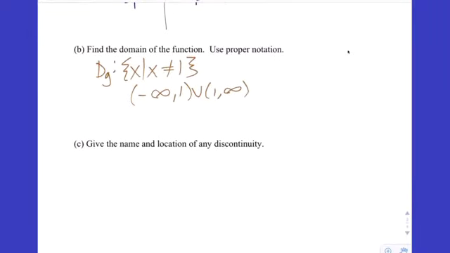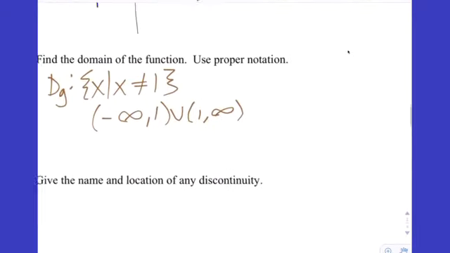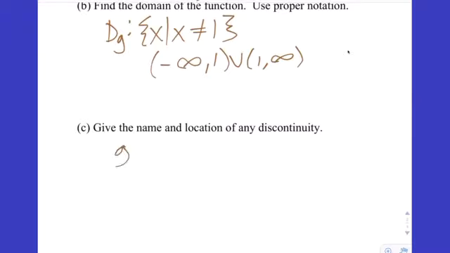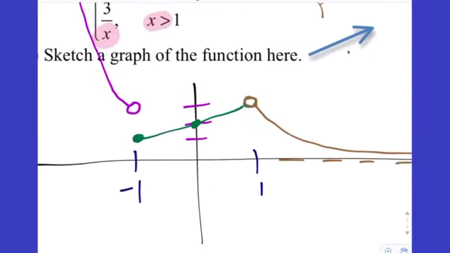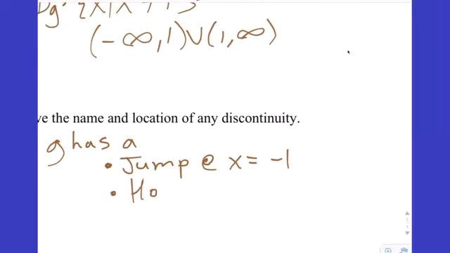All right, give the name of any discontinuity and location. At -1, we have a what? A jump. So we'll say G, and notice the complete sentences. G has a jump, if you want to do it like this, with a bullet point, at x equals -1. And then there was one more. What type is this at 1? It's a hole. Good. And it has a hole